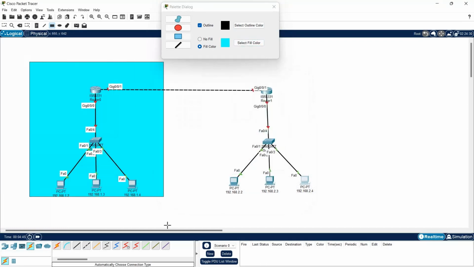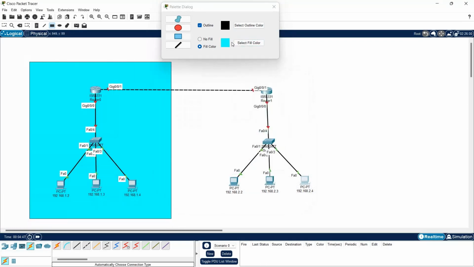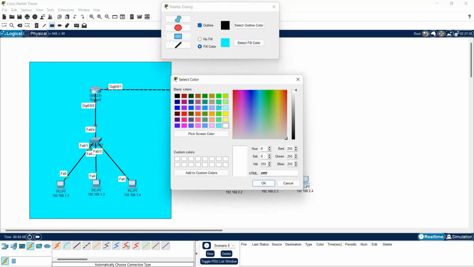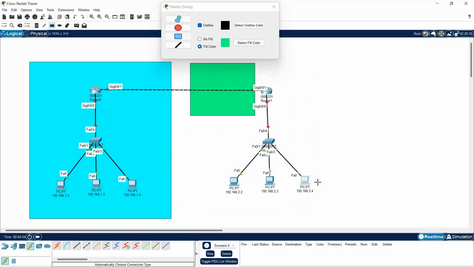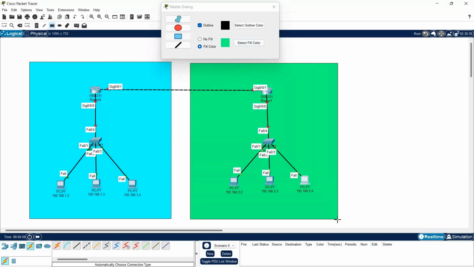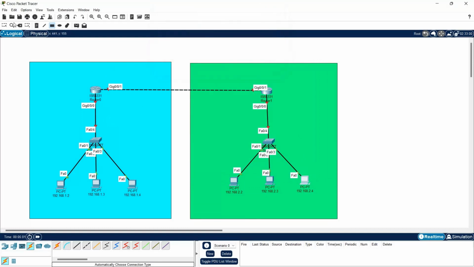Okay, so this is going to be my first network, something like this, and let me just select another color over here, let's say green, and let me just do okay. Well, okay, so we have assigned this IP address for this network and for this network, but guys, wait a minute, we have not assigned the IP address to our router ports. So we have two ports over here, that is GIG 0/0/0, and we have another port as GIG 0/0/1 for this router. And in a similar way, we have this GIG 0/0/1 for this router